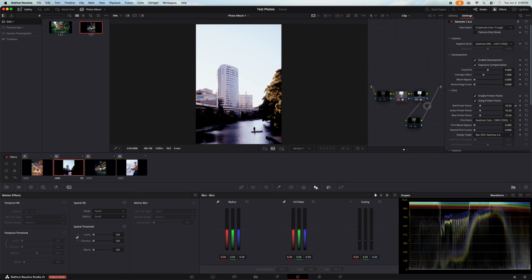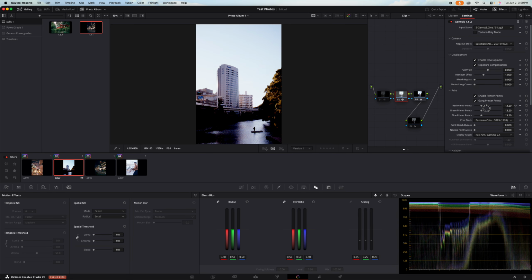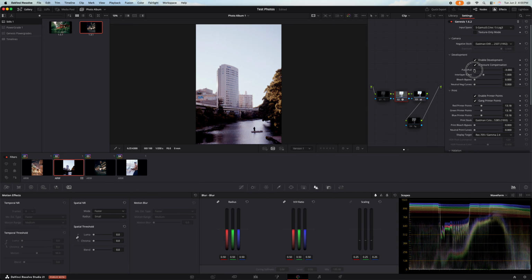All right. So now let's go until we get like a nice midpoint, and then we'll do push and pull so we can control contrast. We'll find a better midpoint here, bada boom, and then we will use our printer points to get what we want. And then I want more saturation, so interlayer effect. I'm gonna just boost to hell and back on this one, so we get that nice little look there. Alternatively,